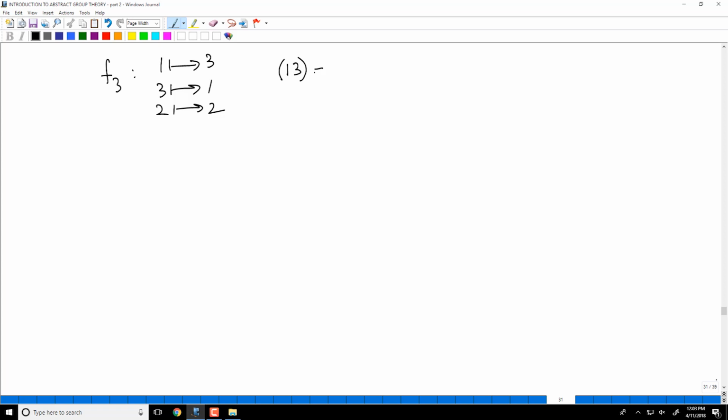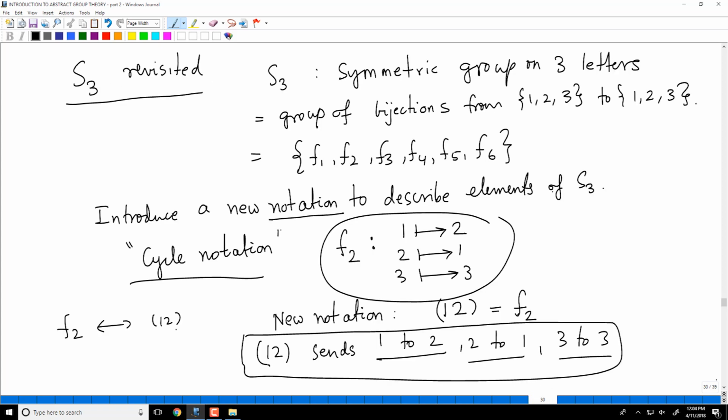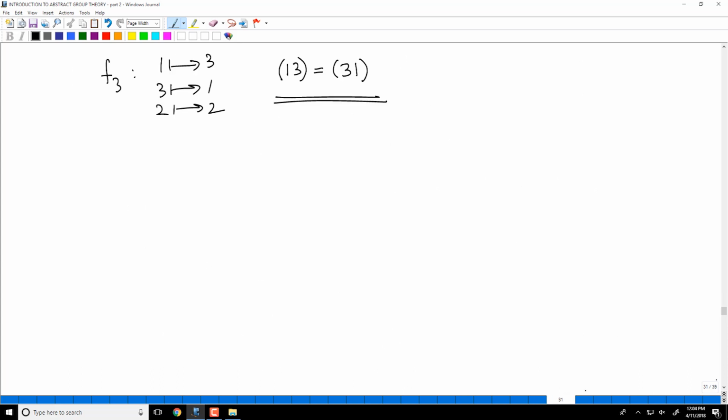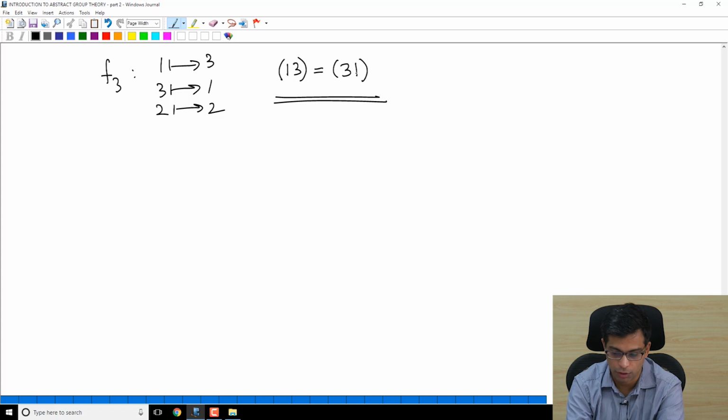So remember, in this new notation, if I use (3 1), it will be the same element, because 3 goes to 1 and 1 goes to 3. And I am not going to write anything about 2 in this notation, because 2 is supposed to go to itself. In the previous one also, (1 2) can be written as (2 1). The point is 2 goes to 1, 1 goes to 2. So it will take some time for you to get used to this, but this is a very useful notation to represent bijections of sets. 1 goes to 3, 3 goes to 1: that's the same function. What does F4 do?